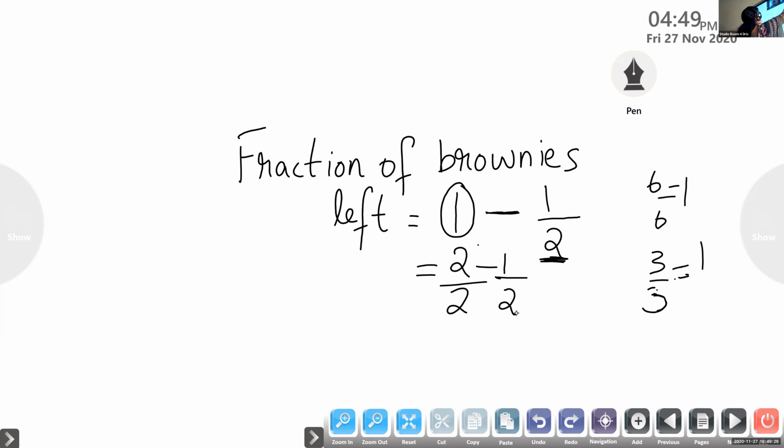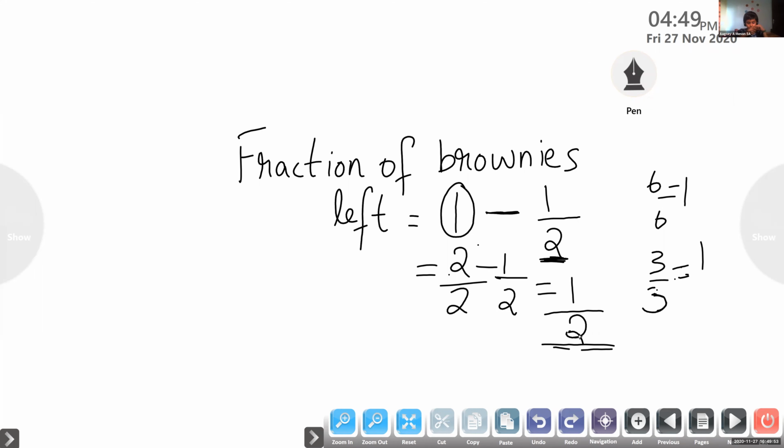Okay, Richard, can you tell me 2 by 2 minus 1 by 2? Ma'am, 2 by 2 minus 1 by 2 is equal to 1 by 2. 2 minus 1 is 1, and the denominator is 2, so 1 by 2. Or if you write from 6. Yes, Agnay? What's the doubt?